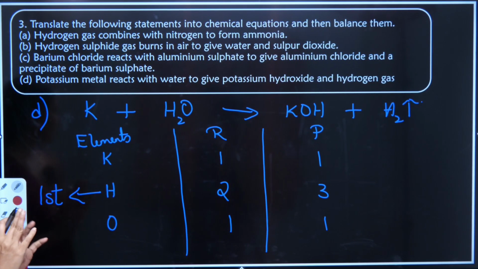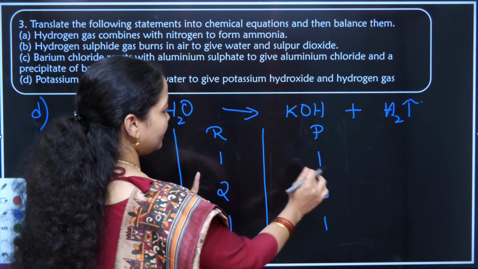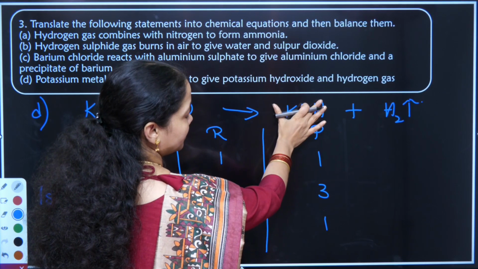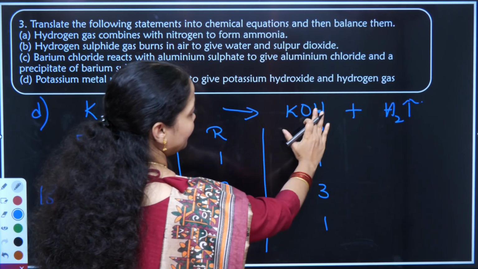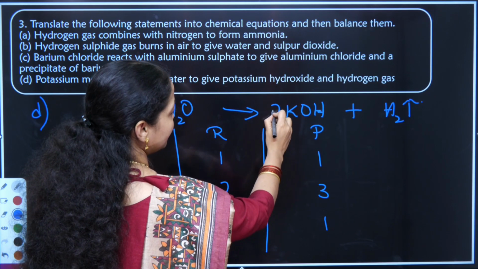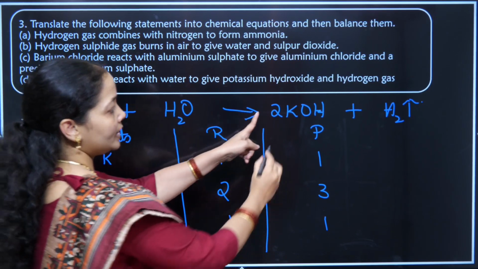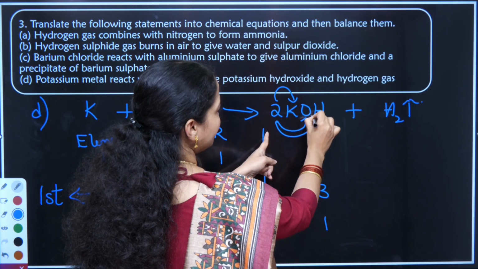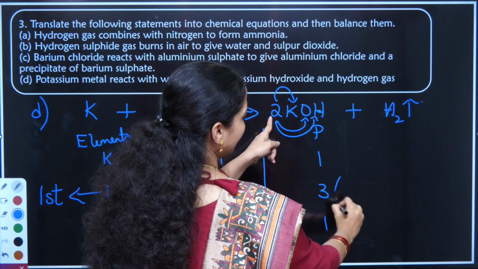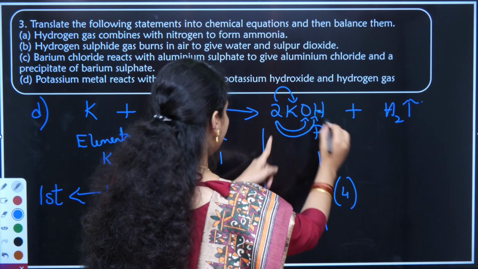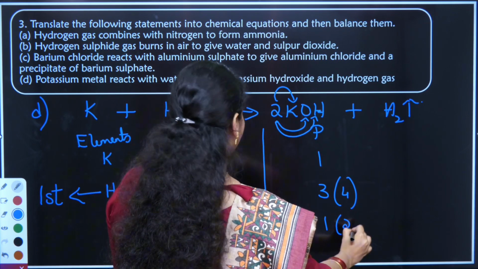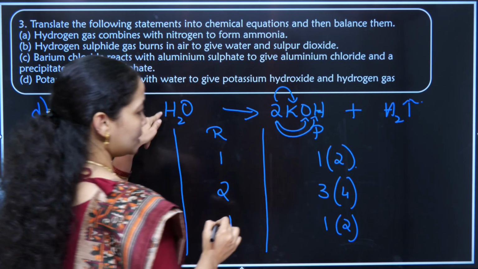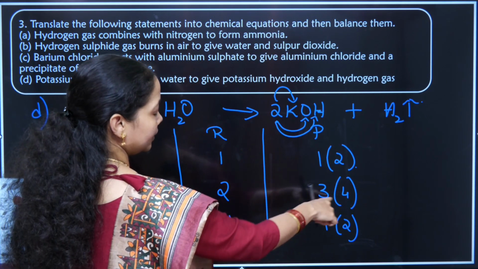I'm writing first here hydrogen. So 2 and 3. In this 3, I have 1 hydrogen in the first compound and 2 in the second. So I'll make this the next even number by adding just a 2 here. This 2 is changing the composition of potassium, oxygen and hydrogen. Hydrogen turning 4, 2 plus 2. Oxygen turning 2 and potassium is also turning 2. Now here oxygen is turning 2 and hydrogen here is 4.